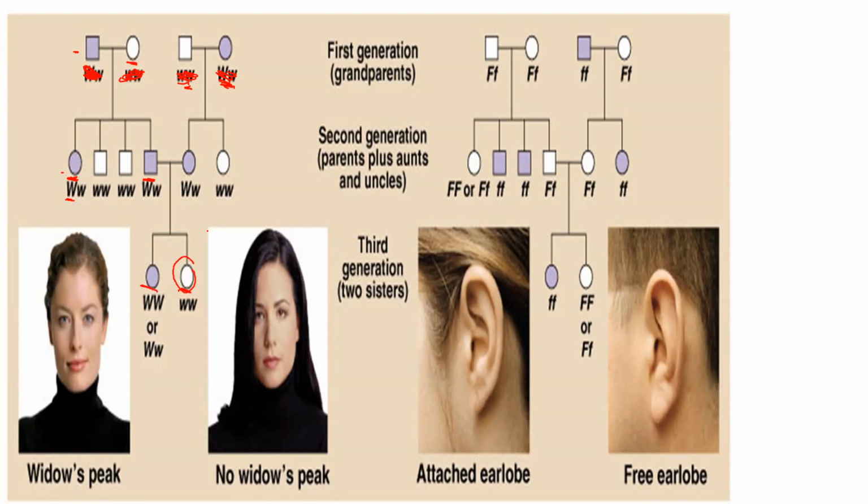Because remember, the recessive one can skip a generation and show up later, okay? So even if we didn't see any of these, you should be able to work that out for yourself, right? Same thing with the earlobes here. You have two parents over here that start out with,